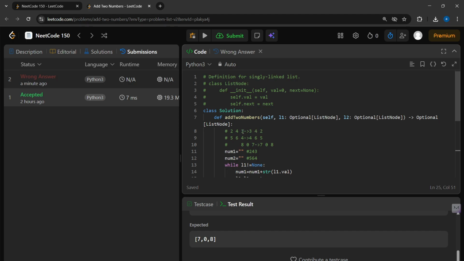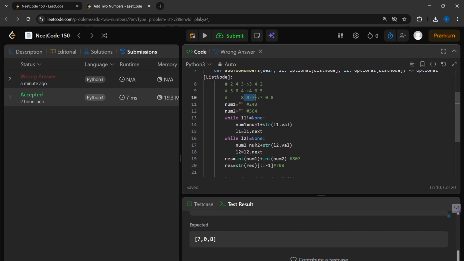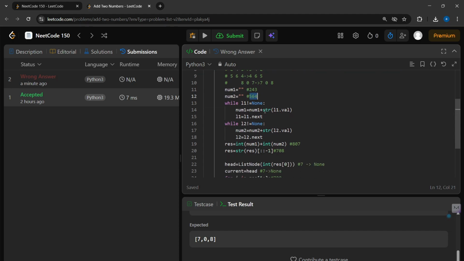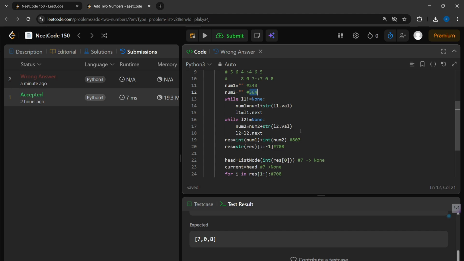So our strategy was to take this 243 and we have to reverse that number, and we have to take the second linked list, that is 564, and we have to reverse that, and we have to add both things, and we have to reverse the resultant also. So what else have we done here? Okay, we have taken 243 from the first linked list and 564 from the second linked list, and okay, see